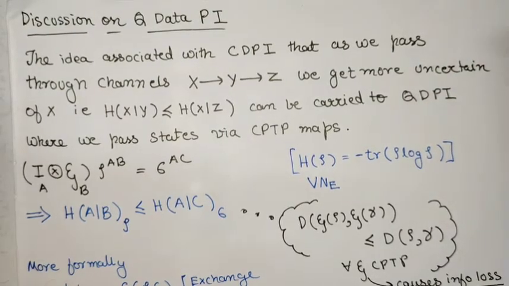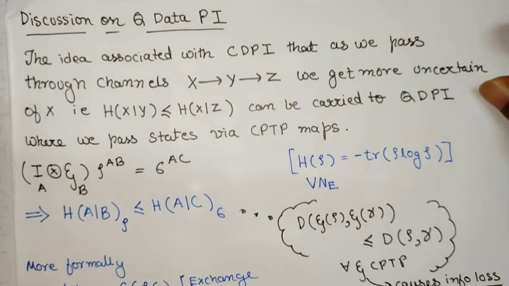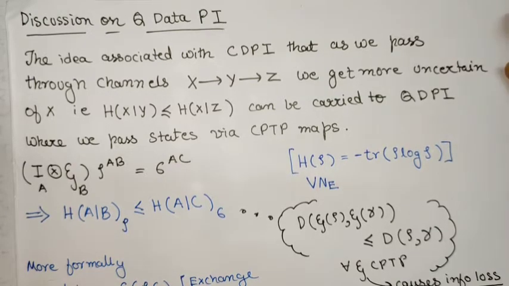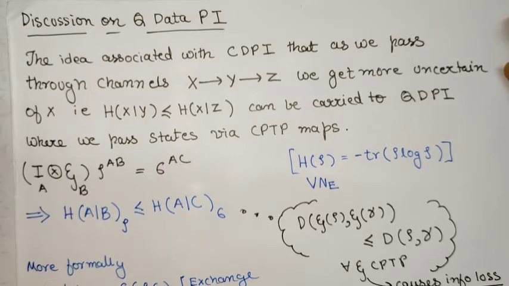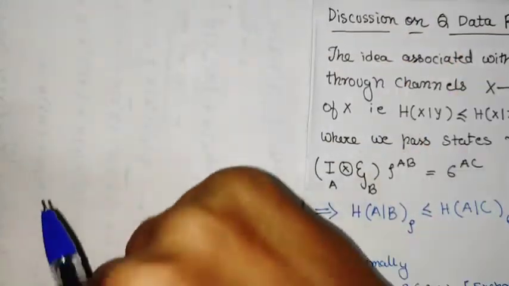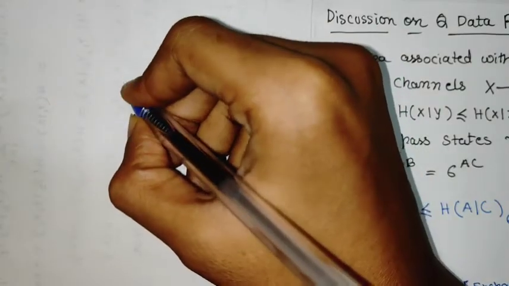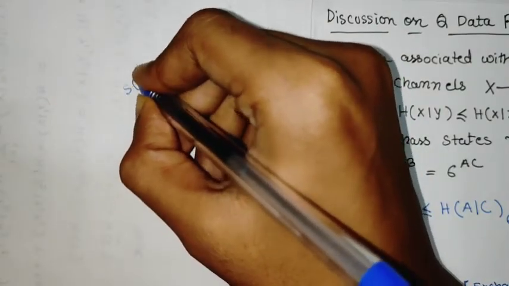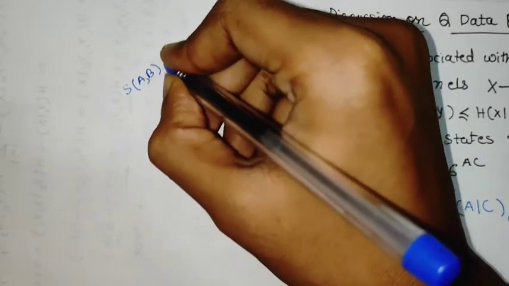Welcome to this video. In this video, I will be discussing quantum data processing inequality. First, we will see a small example that classical and quantum cases differ greatly, in the sense that we can consider this joint entropy S of A and B, which is defined as